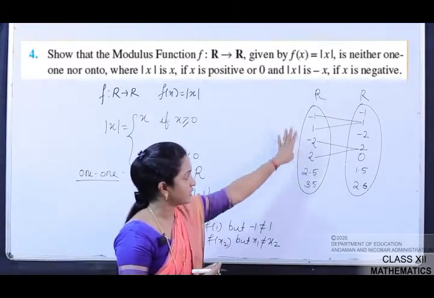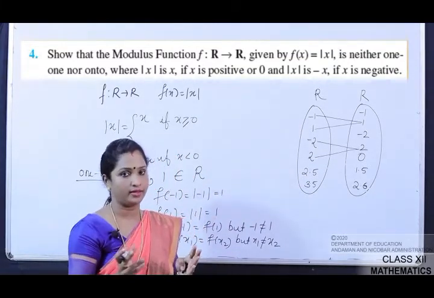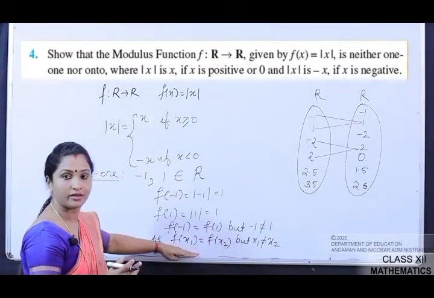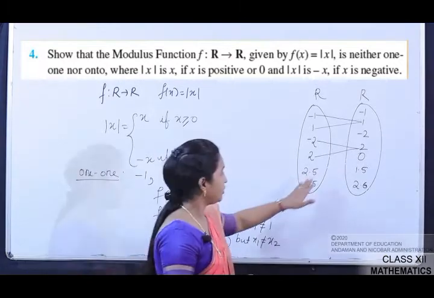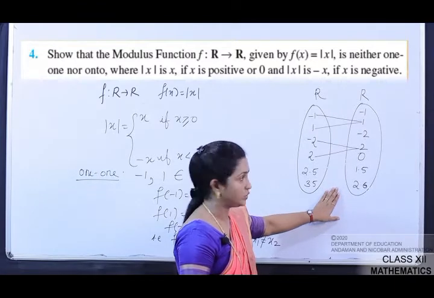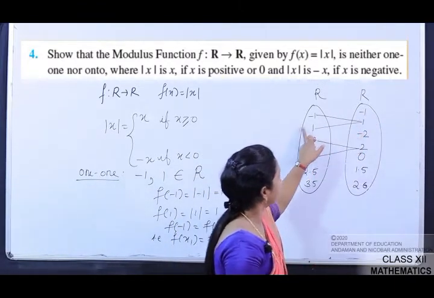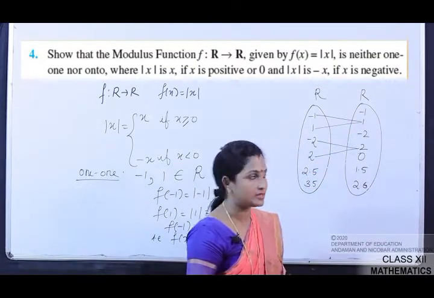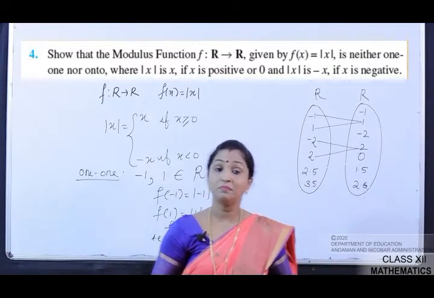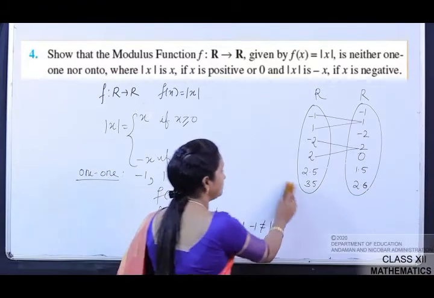आप पहले रफ में थोड़ा सा एग्जाम्पल लेके अपने आप को ये देख लीजिए कि कैसे ये 1 to 1 नहीं है, कैसे ये on to नहीं है. उसके बाद आप एक्सप्लेन करिए कि कैसे आप इसको एग्जाम्पल के थ्रू में एक्सप्लेन करके बताएंगे कि इट इज नॉट 1 to 1, right? Now you can see here, we will see whether the function, how we are going to prove it is not onto. क्या ये on to है? देखिए -1 किसी का इमेज होगा, because we are talking about modulus. So the negative numbers will not be having any pre-image in the domain. ठीक है, तो आप इसको कैसे लिखोगे? How you are going to write down?